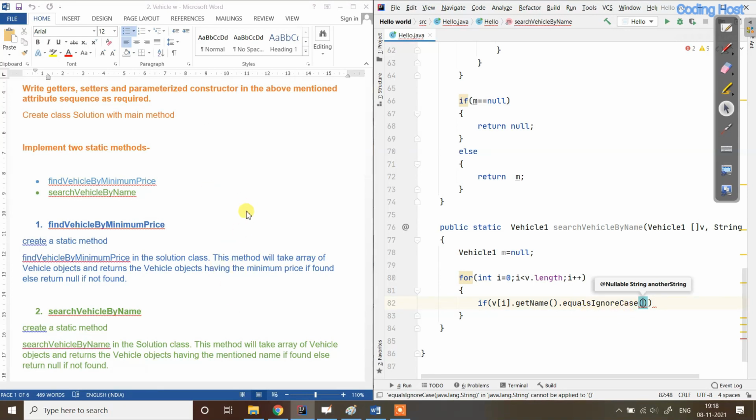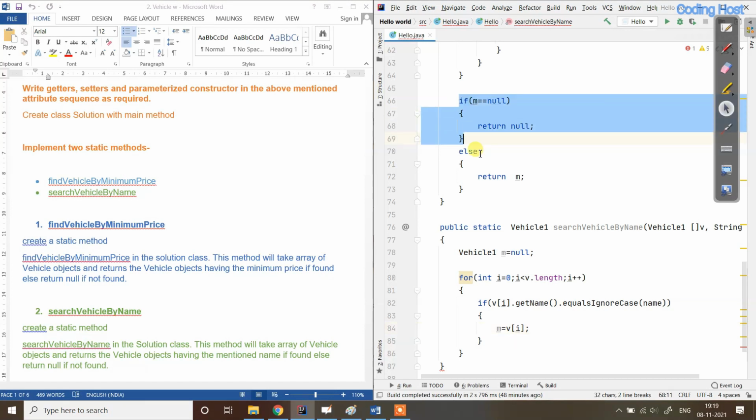Right now in this question they are not telling us to use case sensitivity, so that's why I am writing dot equalsIgnoreCase. Now in this I will pass the variable name. So if this condition is true, we will store the object at index i, so v of i, and after that we have to return the object back.